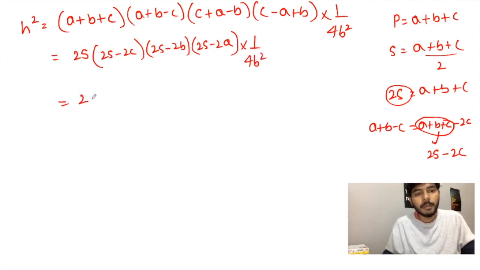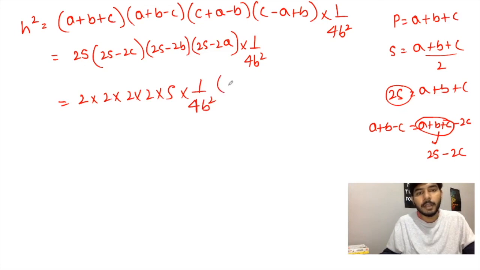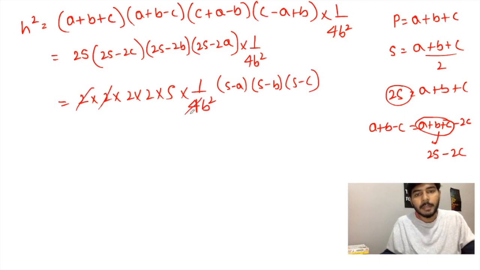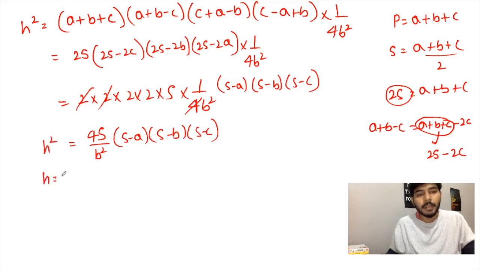अगर मैं इसके 2 कॉमन ले लूँ, यानी 2 इस ब्रैकेट से, 2 इस ब्रैकेट से, और 2 इस ब्रैकेट से, तो 2s तो है ही, और इंटू 1/4b² भी है, और बचा हुआ पार्ट s माइनस a, अरेंज कर लेते हैं इसको, s माइनस b और s माइनस c यहाँ पे लिखा हुआ है। ये 4 मैंने यहाँ से काट दिया, और ये 4 बचा हुआ है, यानी 4s अपॉन b², और ब्रैकेट में बच गया s माइनस a, s माइनस b और s माइनस c। ये h² है। h निकालने के लिए मैंने रूट लगाया तो 2/b बाहर आ जाएगा, और पूरे पे रूट लग गया, यानी s माइनस a, s माइनस b और s माइनस c।